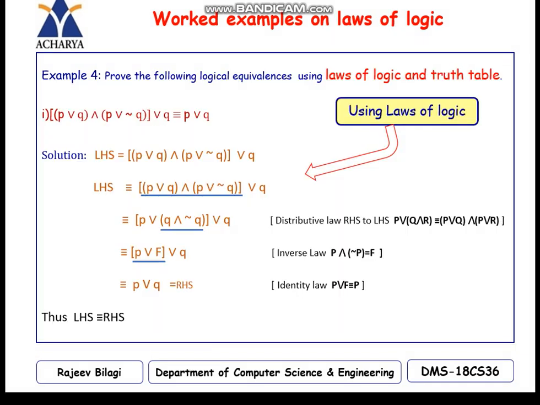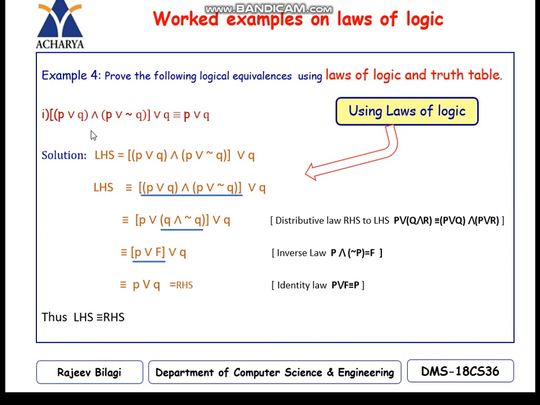Some of the problems we are going to prove using laws of logic and truth tables. The first problem is (P ∨ Q) ∧ (P ∨ ¬Q) ∨ Q is equivalent to P ∨ Q. When you are using laws of logic, the procedure is either you start with LHS and you should get RHS, or you take RHS and you should get LHS. So now LHS equals,